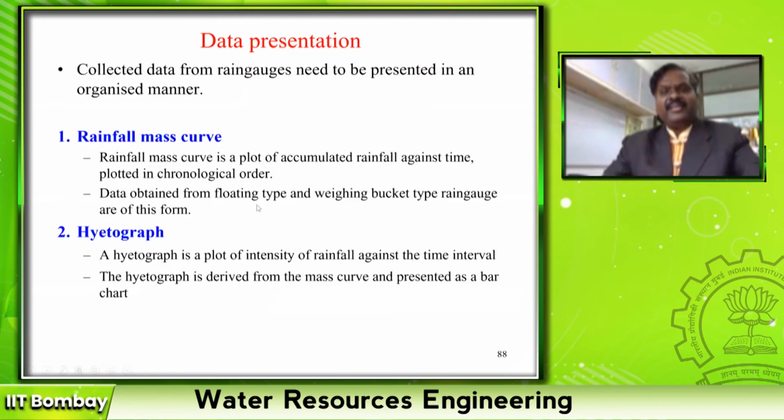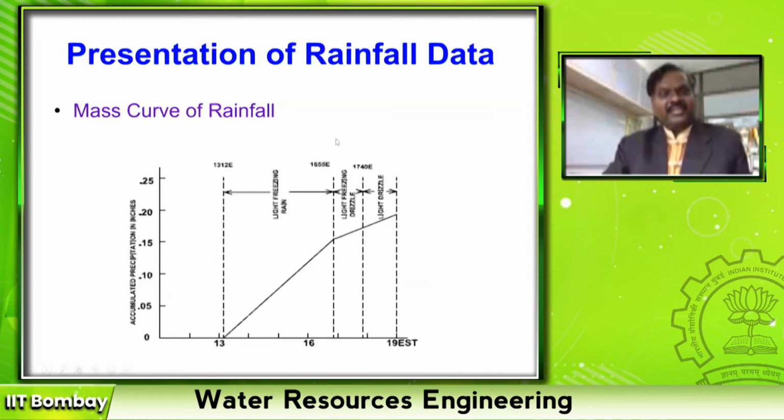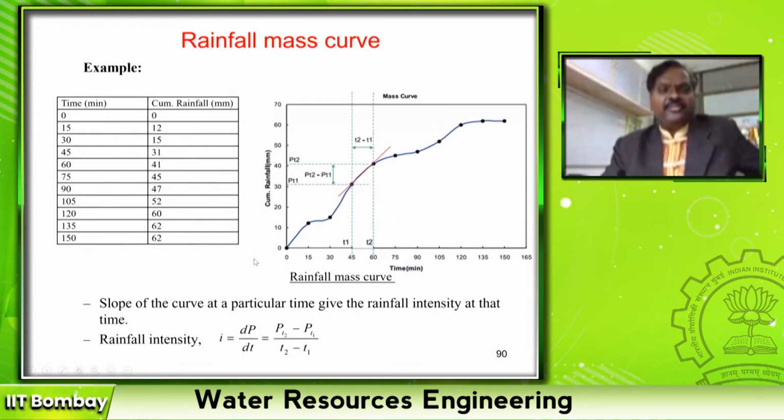Once I did all these calculations, my data is now completely filled, no missing data. I check the consistency of the data. One rain gauge station is inconsistent with all others. Then I have to present it to my boss. How can I present? There are different ways we can present the observed data. The first and foremost method is the rainfall mass curve. It is nothing but time versus accumulated precipitation. This can give a fair idea of how my rainfall varied over a time period.